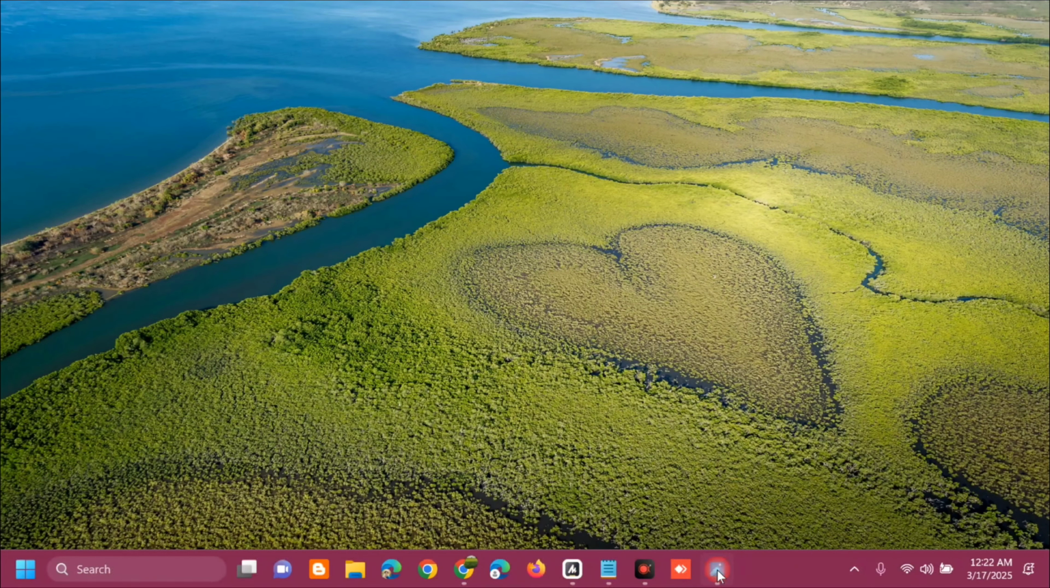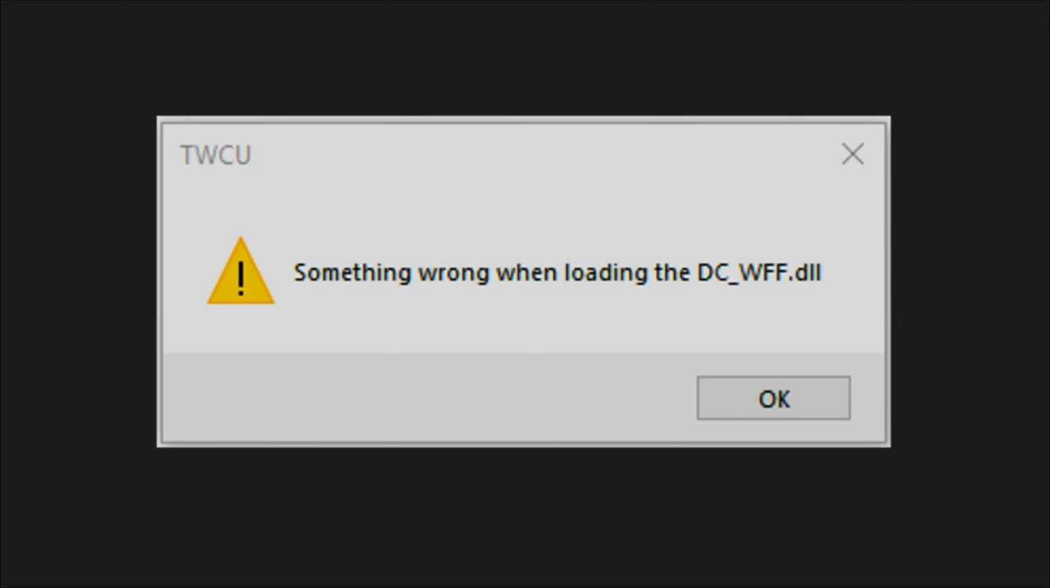I'm going to show you guys how to resolve it if you come across an issue or pop-up that says something wrong with loading the DC_WFF.dll. So the DC_